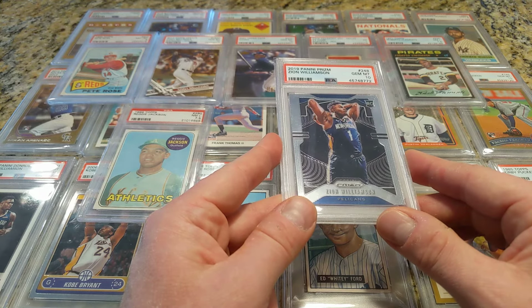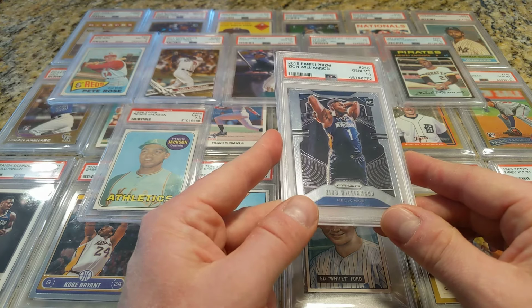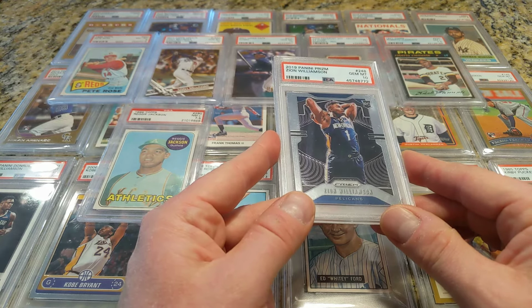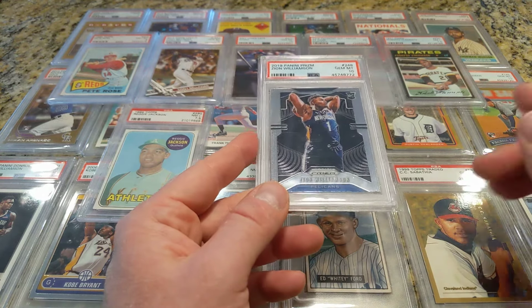So I think that Ortiz card is going to be a really nice card to own. I think he's going in the Hall of Fame. I know there's always been suspicion about the steroid thing, but you can say that about a lot of guys. It was never proven. And he's just a good guy. So anyway, I bought that, I returned it, and I took that